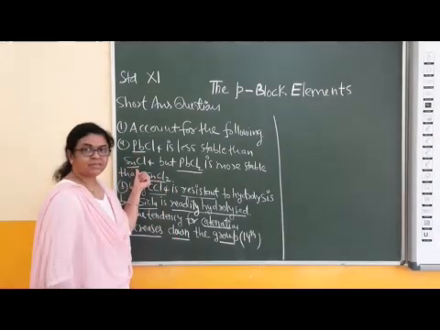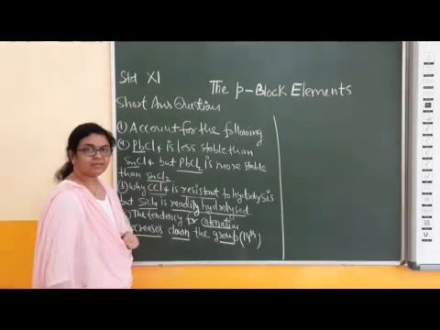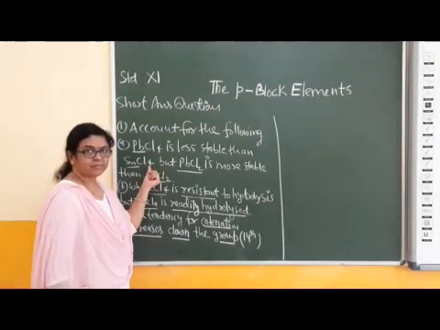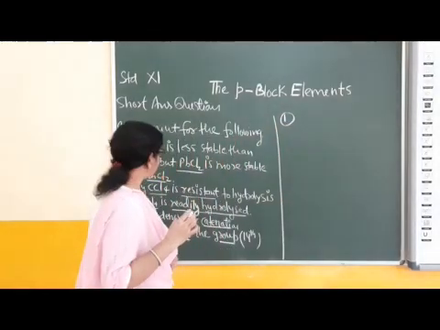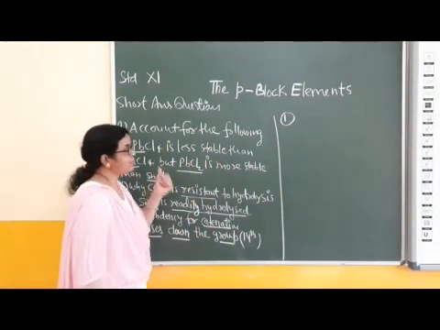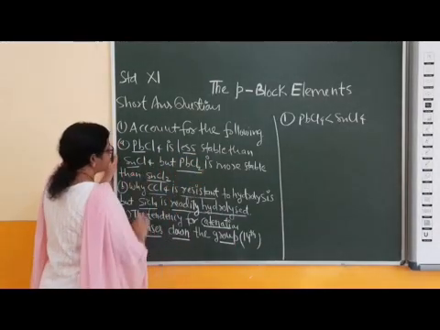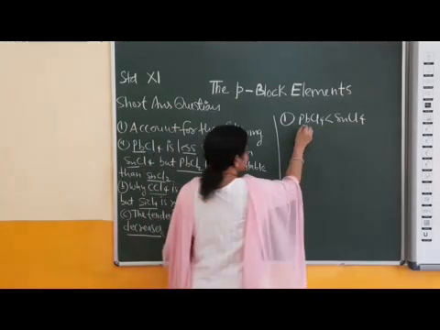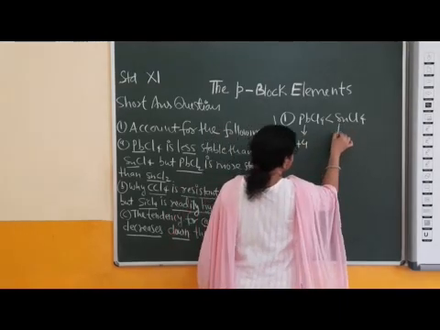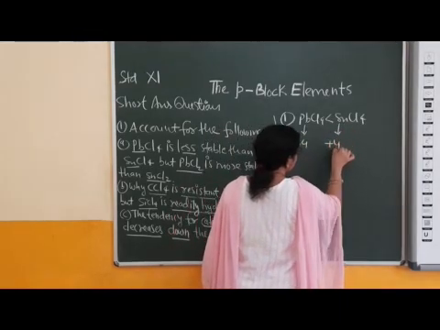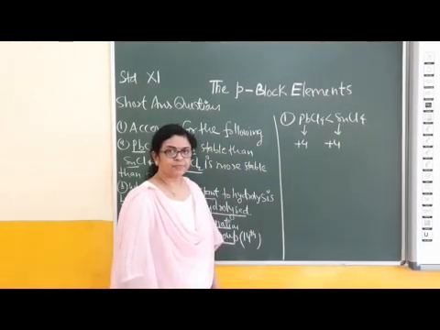Two different elements are attached with the same type of halide, and this number is also the same, right? What is the reason for more stability of SnCl4 than PbCl4? PbCl4 is less stable than SnCl4. The oxidation state of Pb is +4, and the oxidation state of tin, Sn, is +4. Okay, children? And what is the trend in the group?